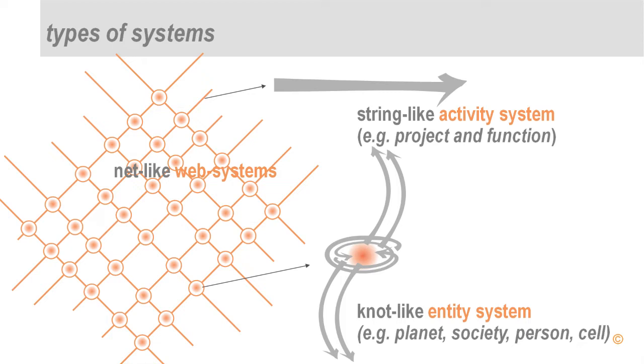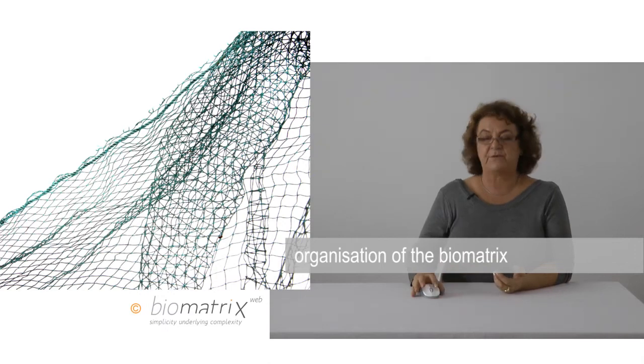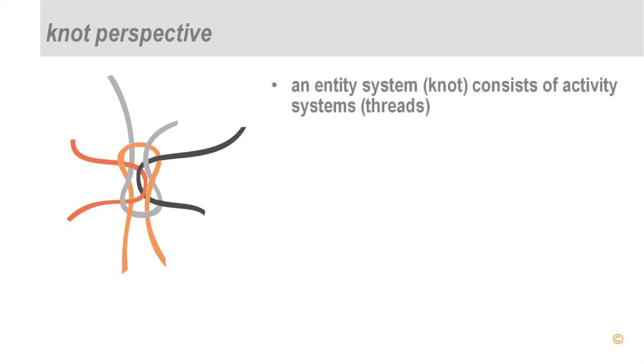on. Examples of net-like web systems are ecological systems, social institutions, industries, and they're typically characterized by the interaction of different types of entity systems. The analogy of the knot for an entity system gives us some very important insights. The first insight is that we can take two different strings, knot them together in different ways, and each knot